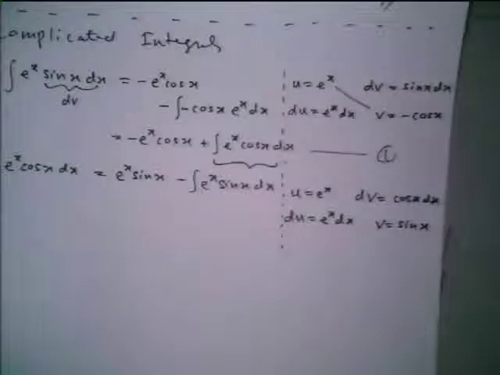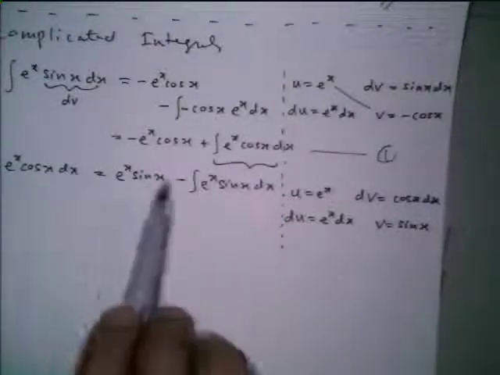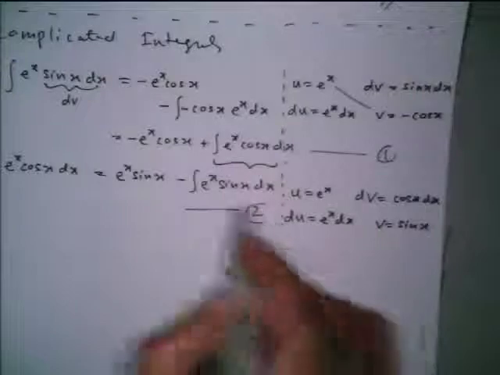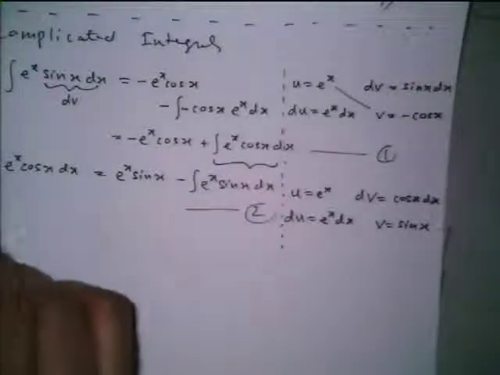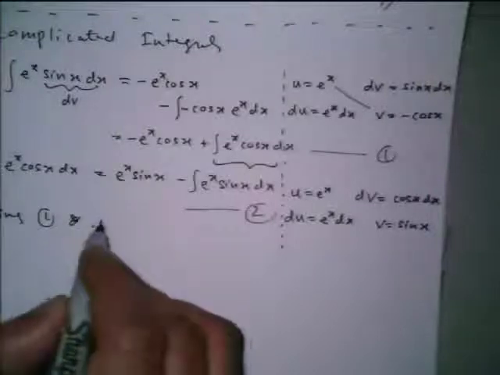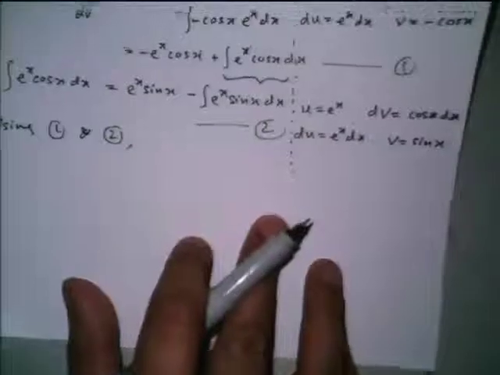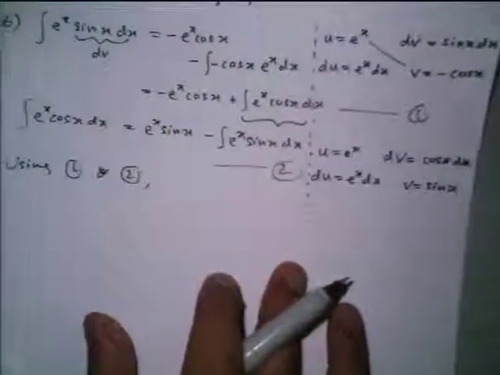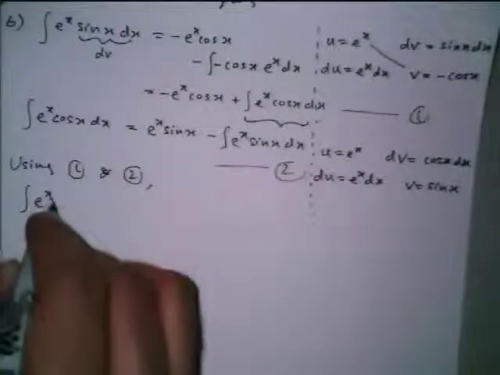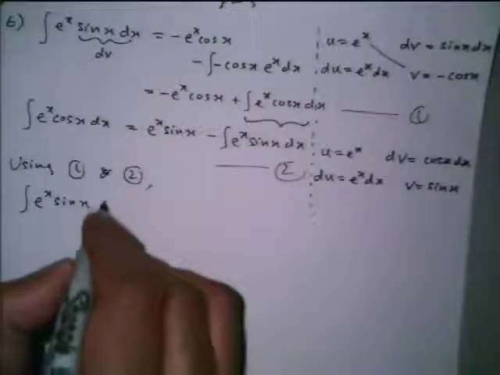Is that right? Now what I can do? I can substitute this one for that. Is that right? So let's do that. I'm going to call this one equation 2. So using 1 and 2, I can write my original integral, e^x sin x dx, equal to this part